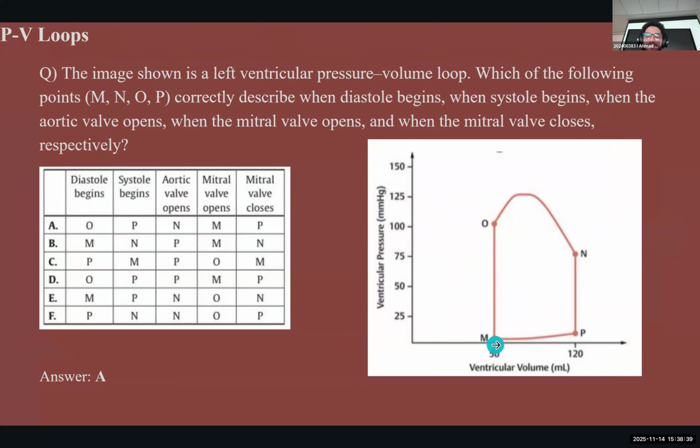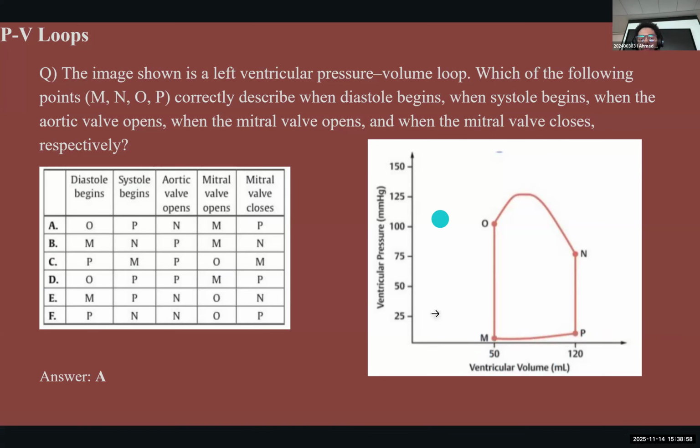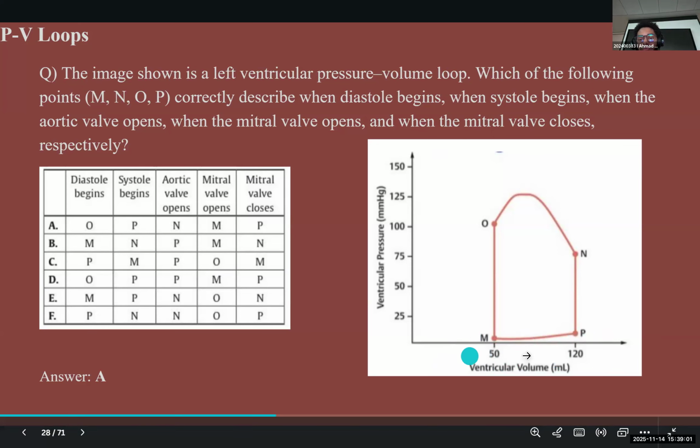It's all about understanding the graph. طيب. When we're moving from point M to point P, I want you guys to focus on the axes. When we're moving from M to P, across the x-axis, we have an increase in the volume, تمام? So the volume is going up, but the pressure not so much. If you want to increase the pressure, we'll move up in the y-axis. If you want to increase the volume, we'll move horizontally in the x-axis, تمام? So moving from M to P, the volume is increasing rapidly. It's going from 50 to 120. However, the pressure basically remains almost the same.